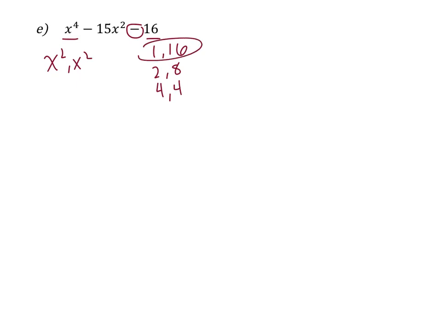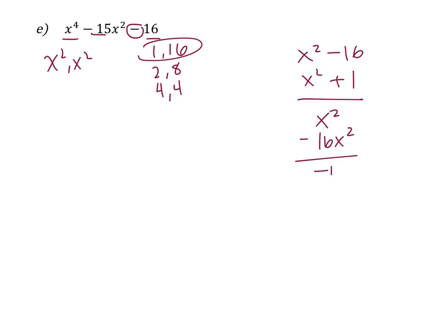I already know it's going to be 1 and 16. So I'm left with x squared, 16 and 1. One has to be positive, one has to be negative. Since this is a negative 15, I'll make the 16 be negative, the bigger one negative. This is going to be x squared minus 16x squared, negative 15x squared. So this is the correct factorization. So this is going to be equal to